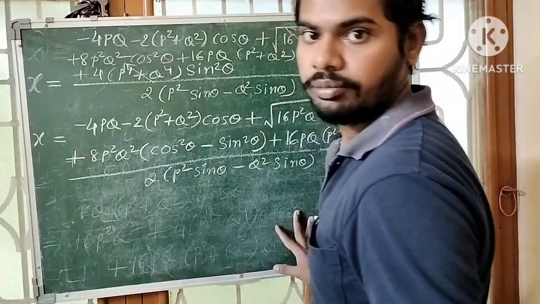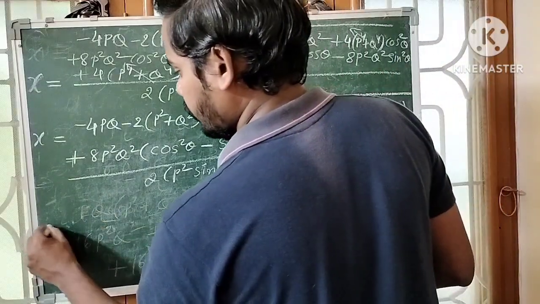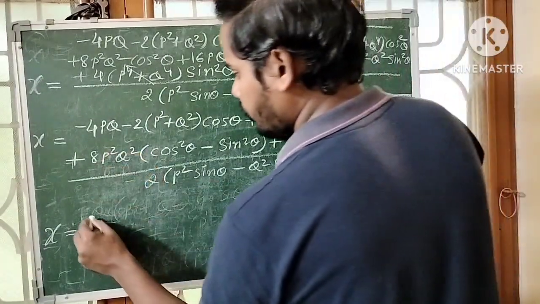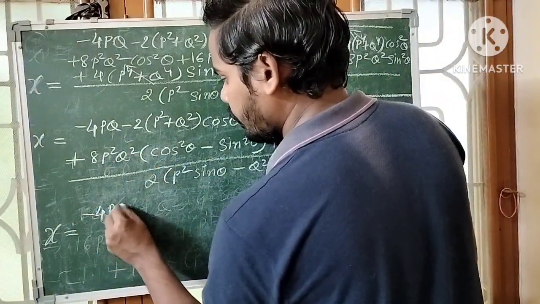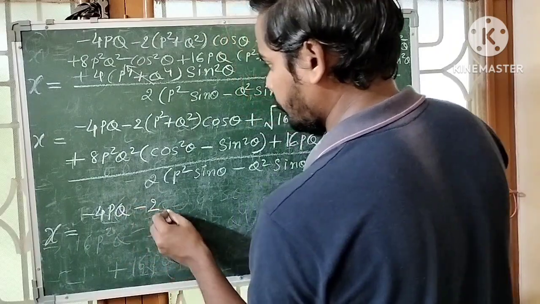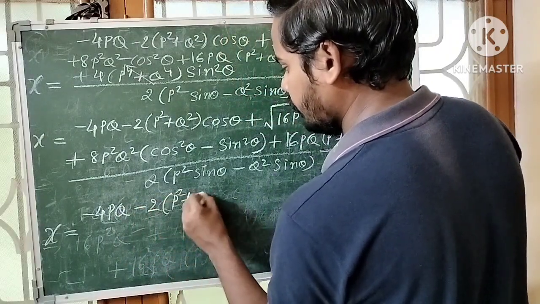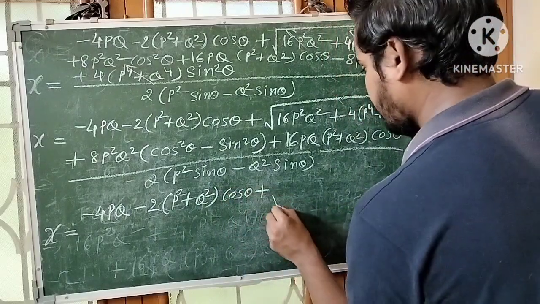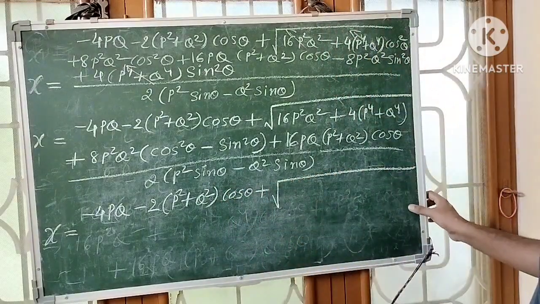At last we can simplify the denominator. X is equal to minus 4pq minus 2 into (p square plus q square) cos theta plus square root of